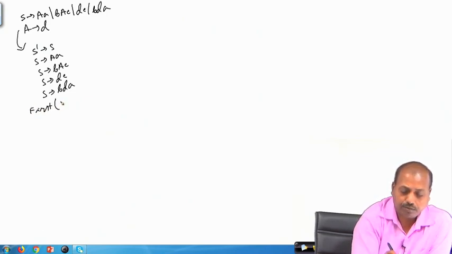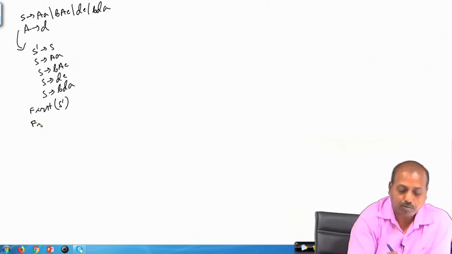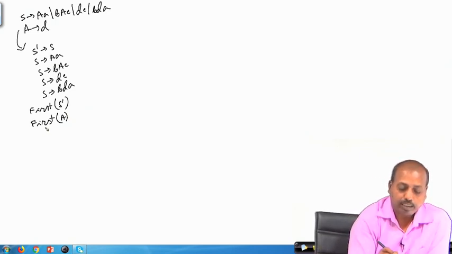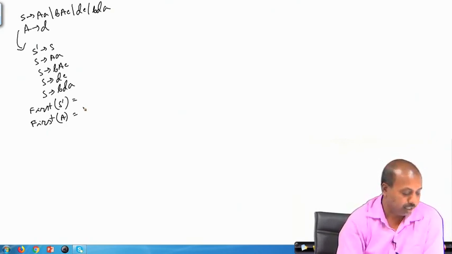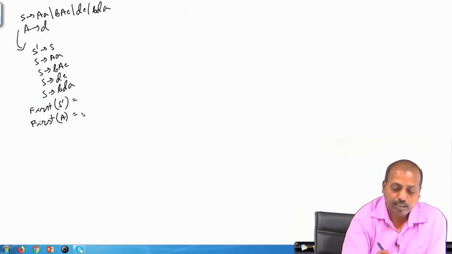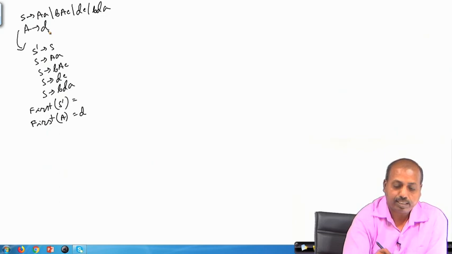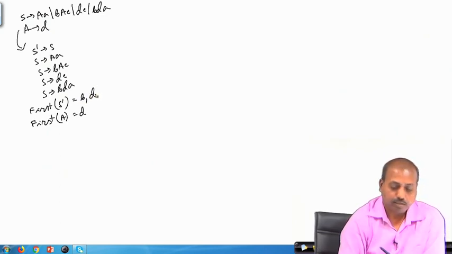Since we have to show whether it is SLR or not, we first do this first follow computation before going to the LR0 items, because that may help us in identifying the negative cases much earlier. So, first of A is D definitely, because that can only give me this, and first of S is B and D. Okay. Now, that is the first.